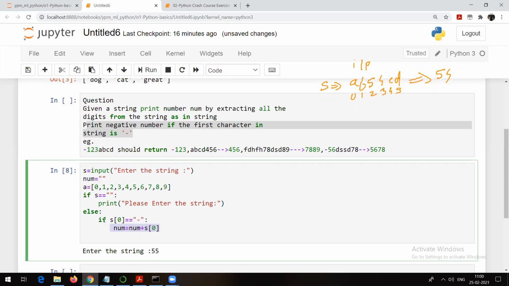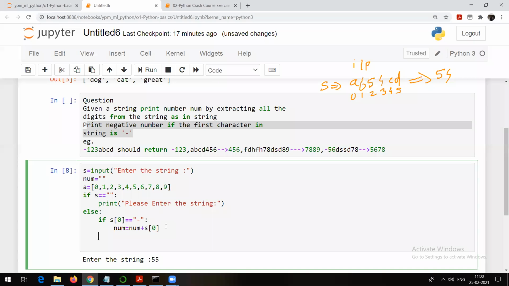Okay, I told you yesterday only. The if statement is going to execute this particular thing if and only if this expression is true. So in our case, if our input string is starting with dash, then only this is going to execute. What is this? Empty string plus dash. What is the result of that? Dash only. It's a concatenation. Try to understand, yesterday I have shown you. So that is one.